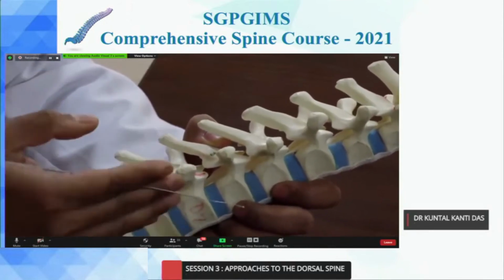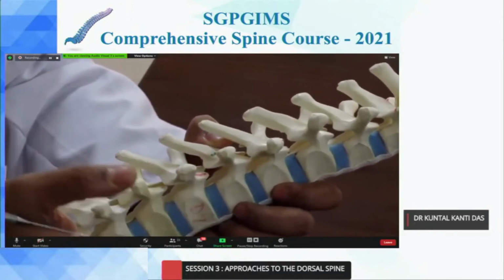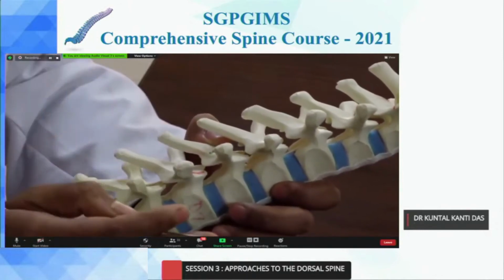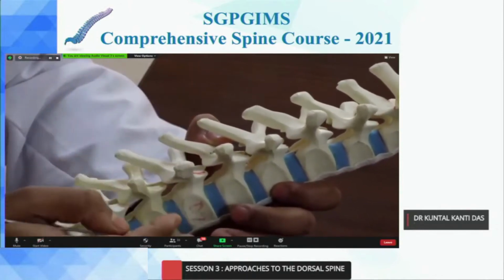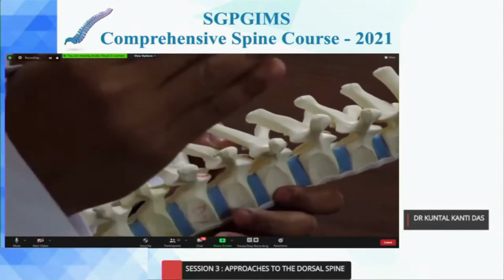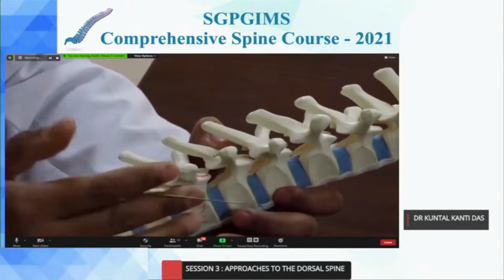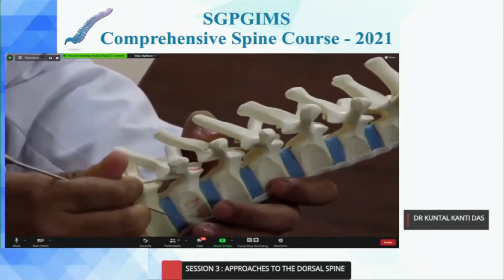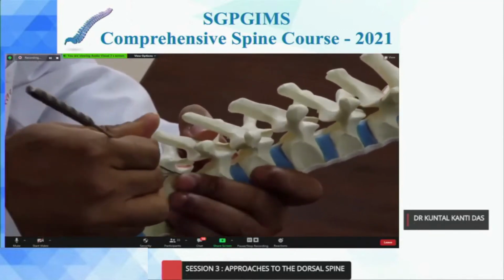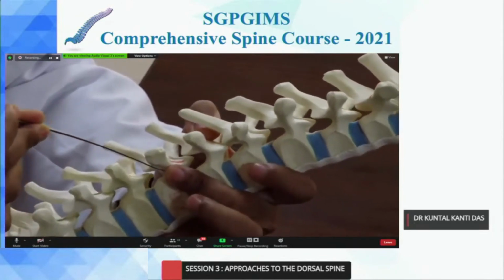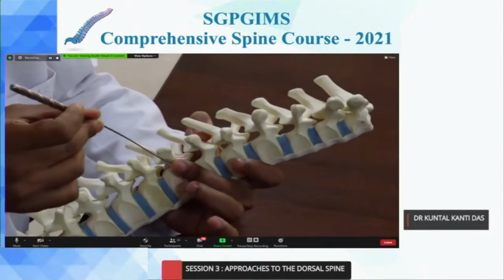But in certain times, you need more exposure. You need more than 180-degree exposure. In that situation, you have to go more lateral. So for that, we need to go lateral extracavitary approach, which is a very good exposure from T4 downwards. Above T4, the presence of scapula limits the lateral exposure. So what is done in lateral extracavitary approach is around 8 to 10 centimeter of the rib, which is more than the rib that you have removed in costotransversectomy.